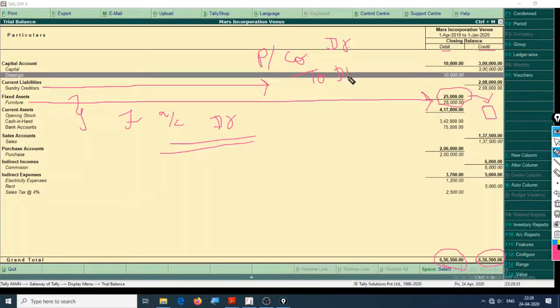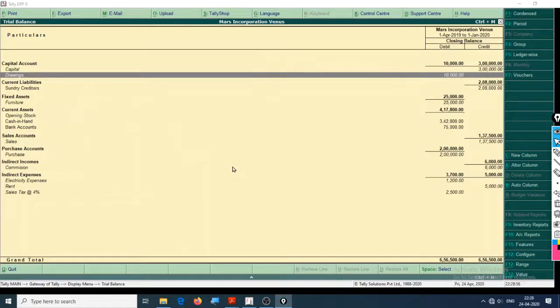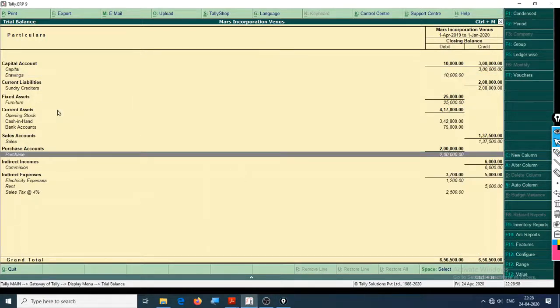Hence this was credited. So the default balance of any liability account should be credit. If it is not credit, then it should be audited, as I'll show you in that Alphabet Limited company.